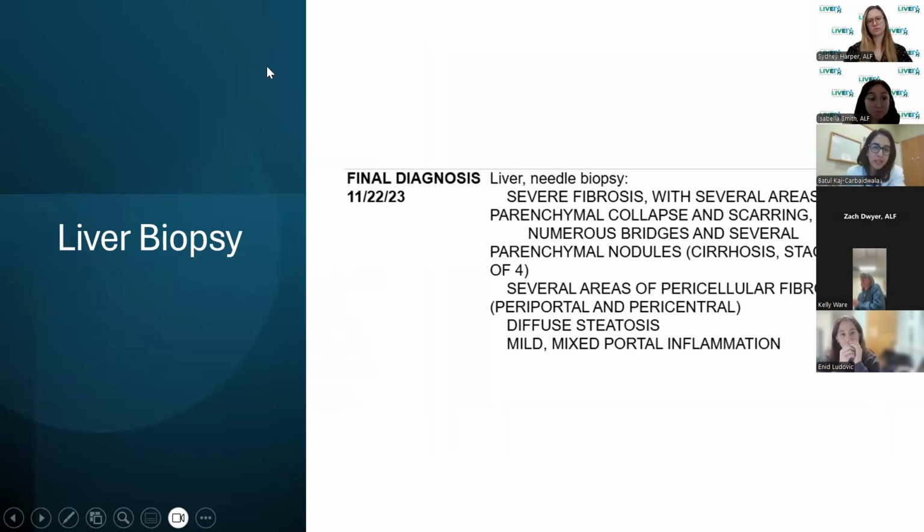So the biopsy, interestingly, showed severe fibrosis with what looked like almost a cirrhotic picture. Cirrhosis is where the fibrosis, the scarring, is so bad that it's now formed little islands within the liver. And that's what we were looking at when we looked at his biopsy. But there was a significant steatosis also. So he had steatosis, fat in his liver across essentially all of the liver, and then some inflammation scattered throughout